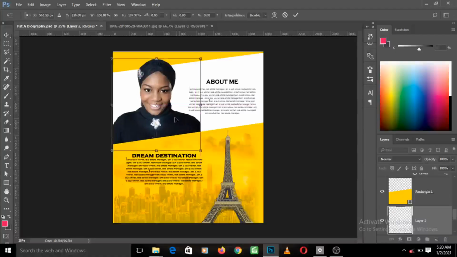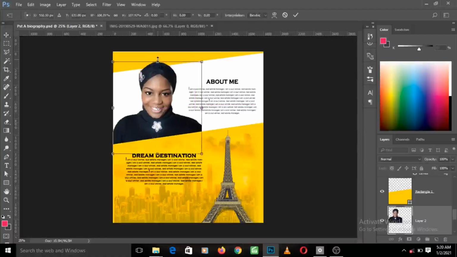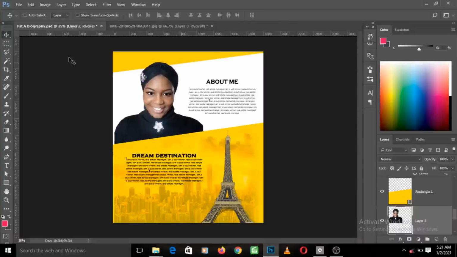I kind of like this overlapping stuff here, so I just press Enter. So this is more or less how you can use the selection tools: the polygonal lasso tool, magnetic lasso tool, and the freehand lasso tool. So you can go ahead and practice your